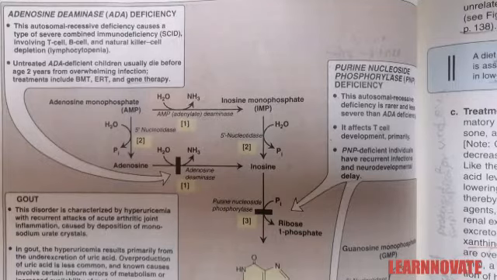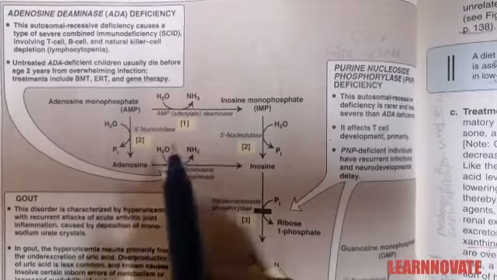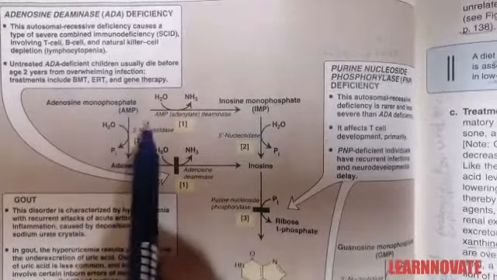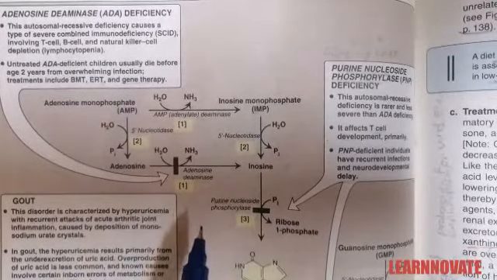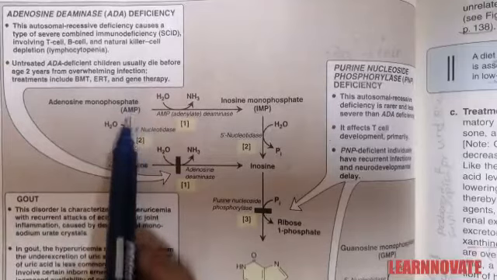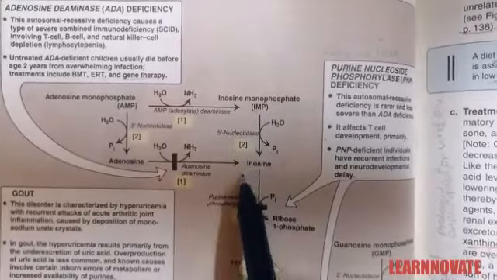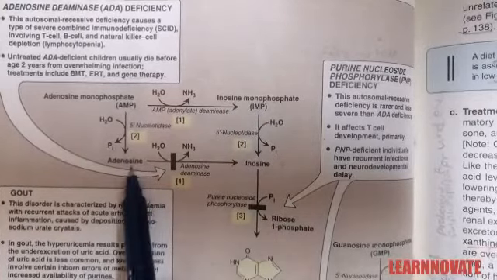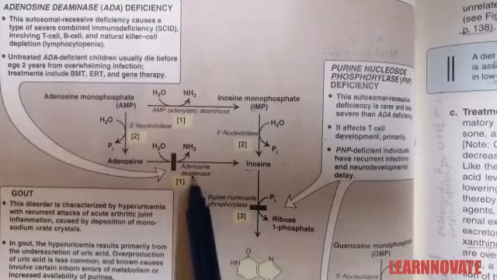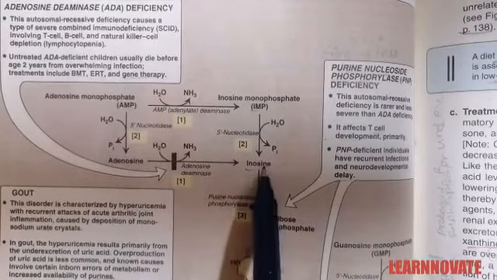So starting from the degradation of purine that occurs in the small intestine, there are two precursors: adenosine monophosphate and inosine monophosphate. These two monophosphates are prepared from the purine nucleotide synthesis, and at the end they are degraded. How? AMP is converted into adenosine, and IMP, the inosine monophosphate, is converted into inosine. Adenosine can also be converted into inosine directly in the presence of the enzyme adenosine deaminase.